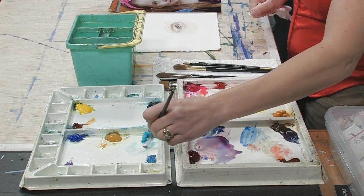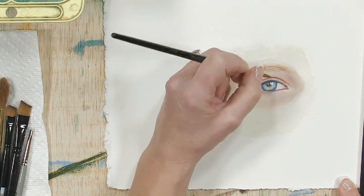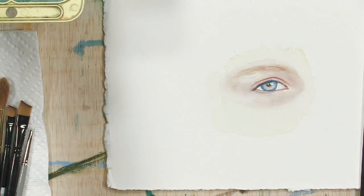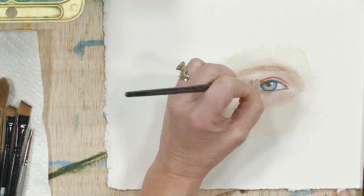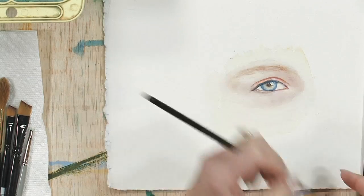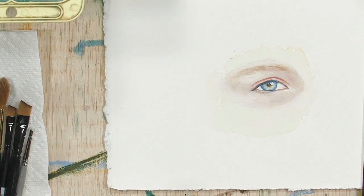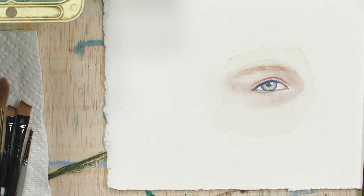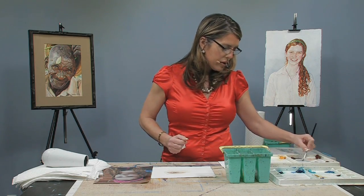So we're going to move to a little bit of cobalt turquoise light. There's a little bit of blue in the pupil, in the highlight around the pupil, and so it's not a stark white. So I want to paint in a little bit of the cobalt turquoise light around it. And then we're going to go back to the